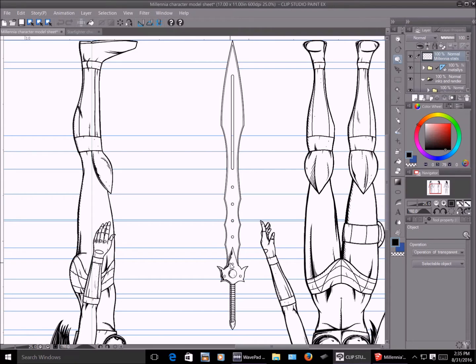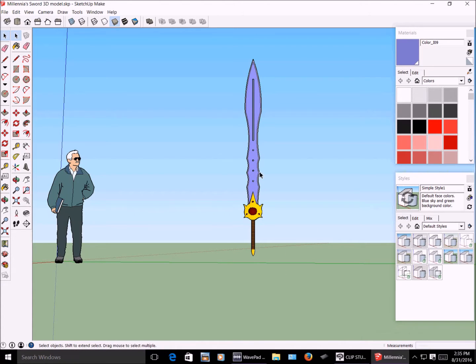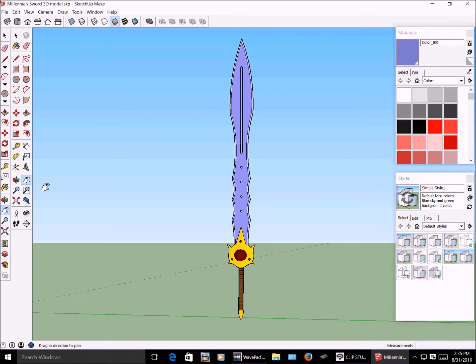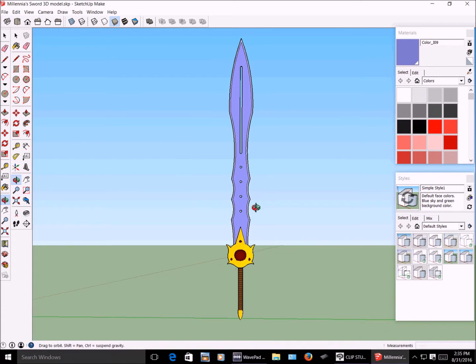But, like I said, I learned, unfortunately, that in Google SketchUp, at least the free version that I have, you can't save it in a format that Manga Studio can use. And I'm going to show you how you can get around that. So let's punch up Google SketchUp, and as you can see, there's the sword, all done in 3 dimensions. Let me twist it around for you to show you that I'm not lying.